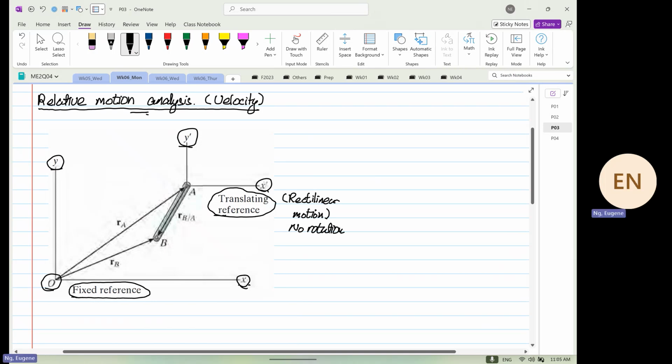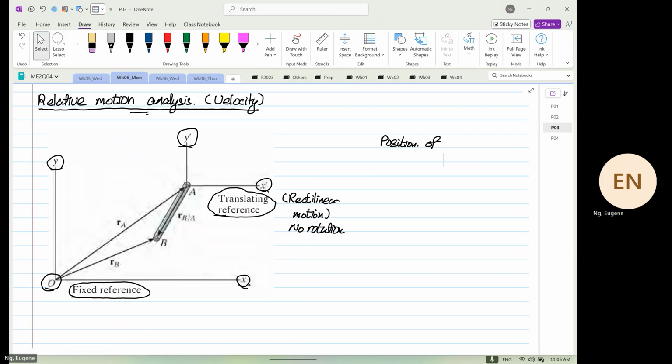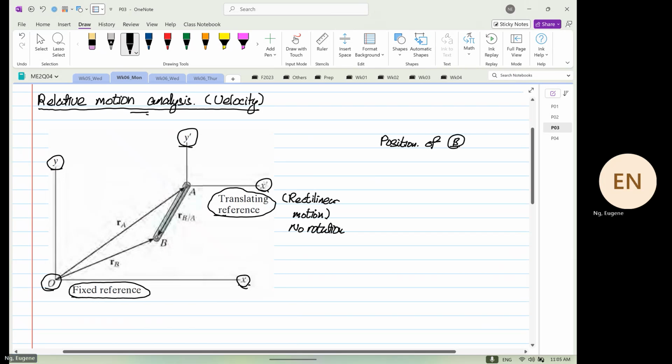So if we were to look at the position of point B, what we tend to write is r_B is equal to r_A, where r_B and r_A are our positions, plus r_B from A. So when we write B over A,